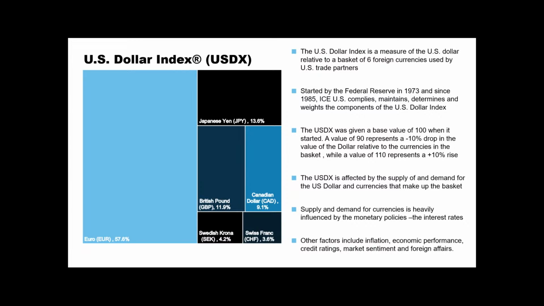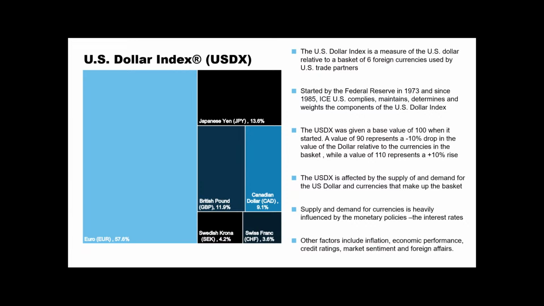The US dollar index, as you can see from the breakdown of components, is a measure of the US dollar relative to six currencies. These are the main trade partners of the US, not from now, but since back in the 70s to 80s. So the US dollar index doesn't change much. I think the only change was when the EU had their common currency, the euro. The biggest component is the euro at 57%, followed by the Japanese yen at about 13%, the pound at 11%, the Canadian dollar at about 9%, the Swedish krona at about 4%, and the Swiss franc at about 3%.